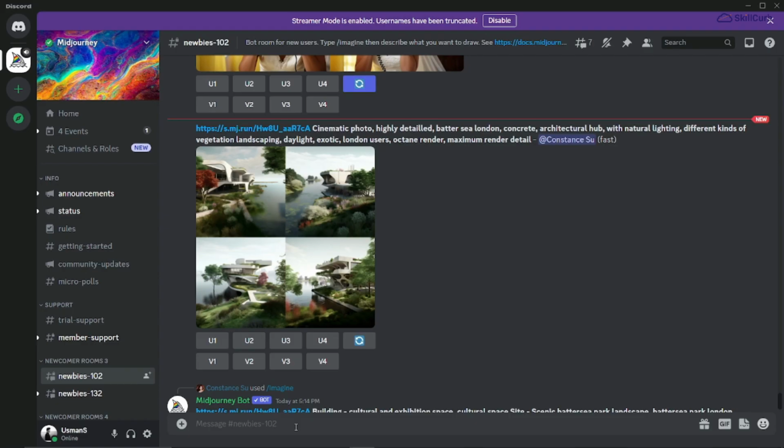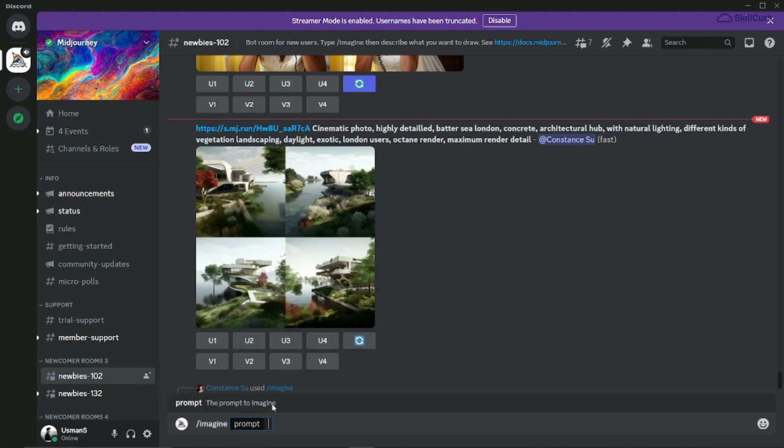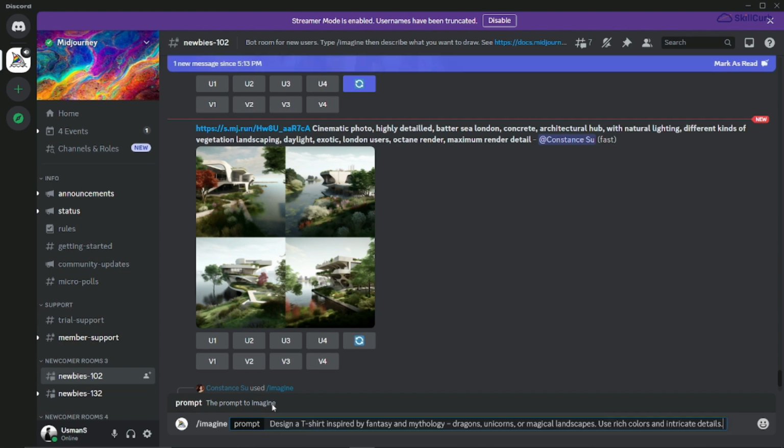Alright, so here I am with my Discord open with the Midjourney server on it as well. First of all, I'm just going to type here /imagine. And yeah, let's now create the design for my desired t-shirt. Let's just say I want to create a t-shirt with a design of fantasy and mythology. So let's just say I want to create something fictional, maybe like dragons, unicorns, or some kind of a magical